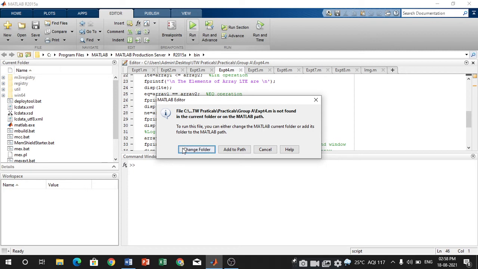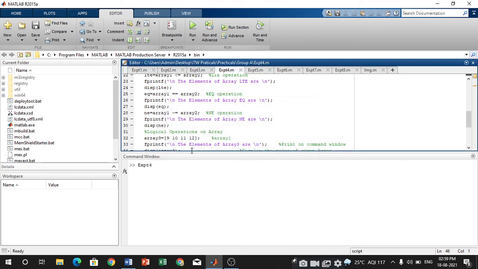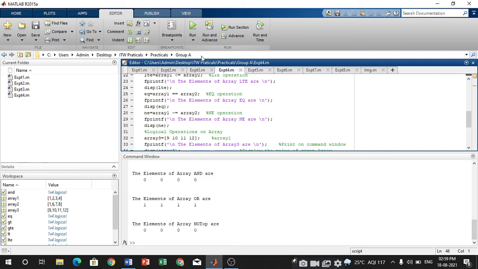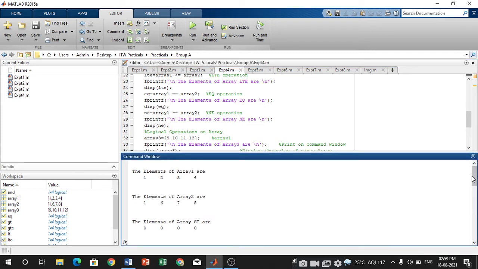Yes, we have to change it. Whenever I click on change folder, the path is changed and set by MATLAB automatically. So this is your practical output.